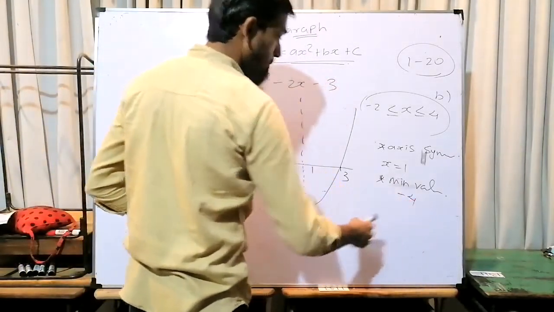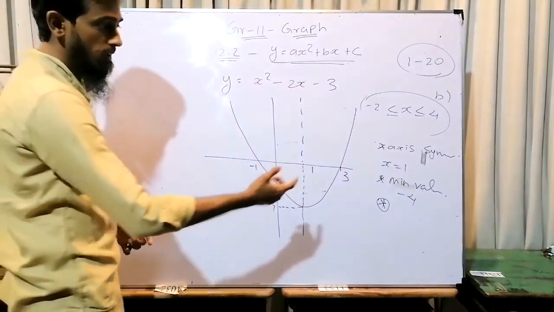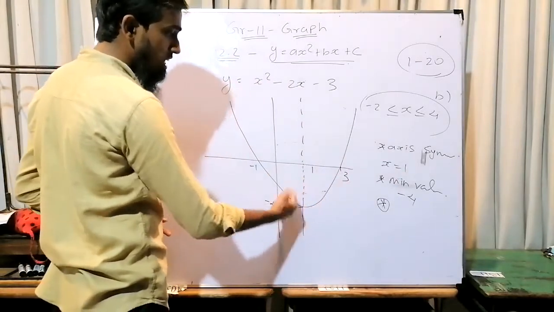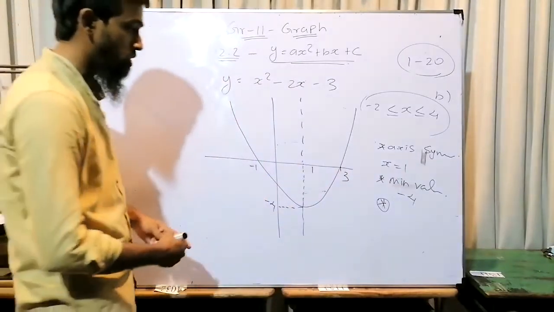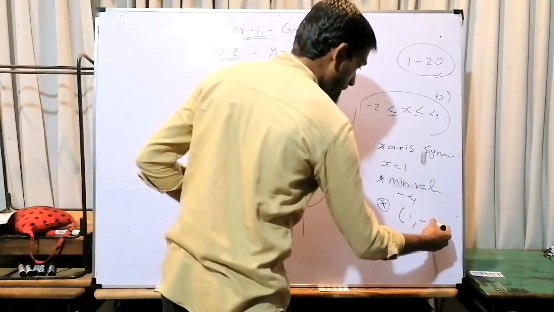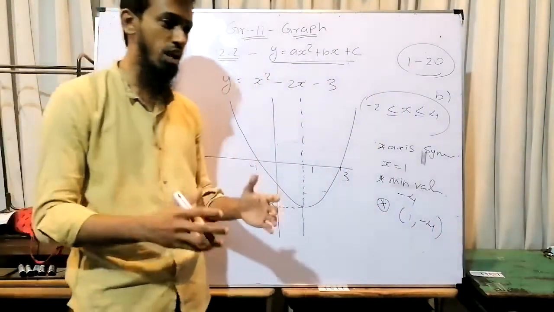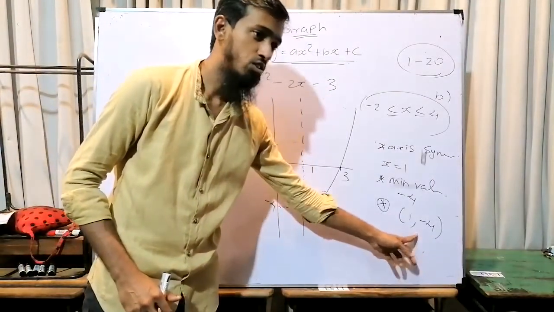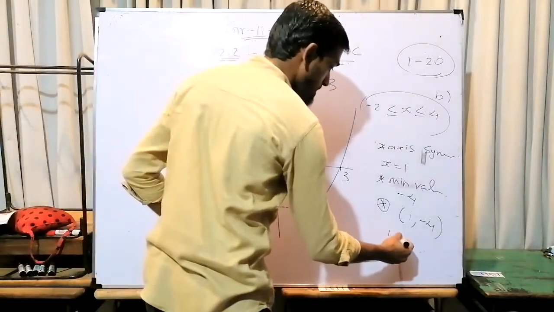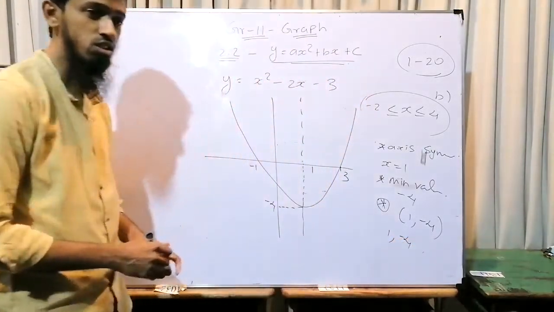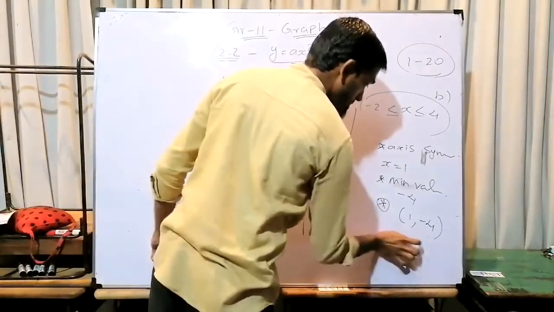It is -4. Using the symmetry axis, we take the x coordinate of the turning point, and the minimum value as the y coordinate of the turning point. So the turning point is (1, -4). If you want to write the coordinate of a point, you need to write it within a bracket with a comma. Some students in the previous exercises just wrote 1, -4. It's not the proper way to represent the coordinate. You should represent it within the bracket.